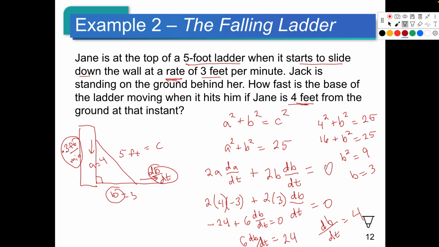Does that make sense of how we went about that? So it's a sort of problem-solving thing. You've got to get your formula. Make sure you plug in the things that are fixed that you know of, but take the derivative early enough, because if you plug in too much and get a number too early, you take its derivative, you get 0, but you really need something that could have a rate to it. The thing we knew it was okay to plug in was the 5, the length of the ladder,